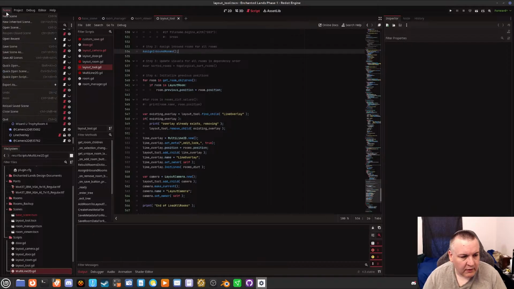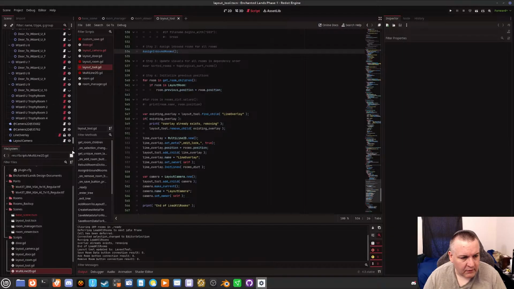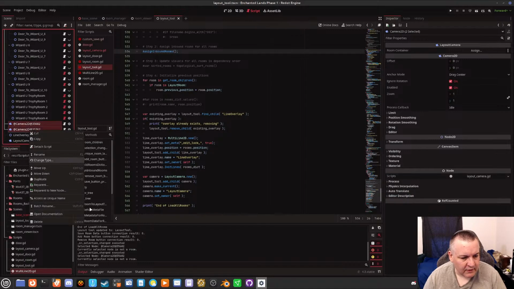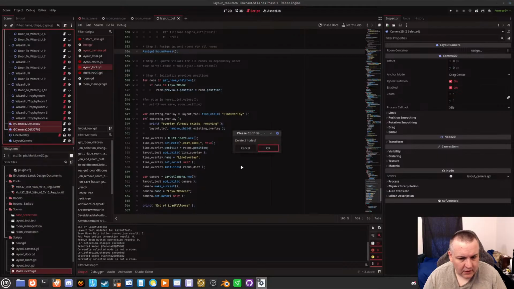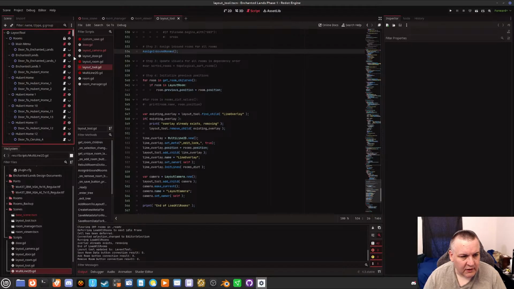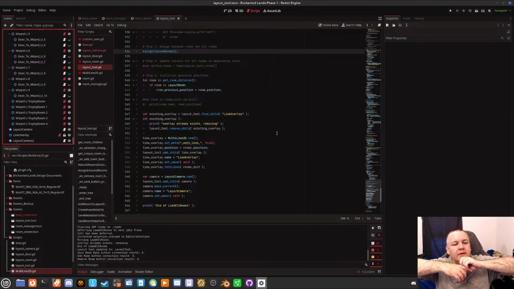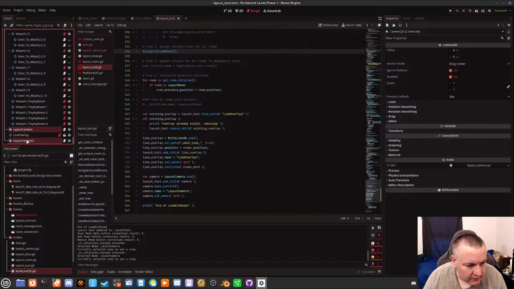Scene, reload, save scene. And now, huh. Okay, I gotta delete these though because it's actually saving them in there. Okay, so everything is saved. Scene, reload, save the scene, and wait, I know what to do.